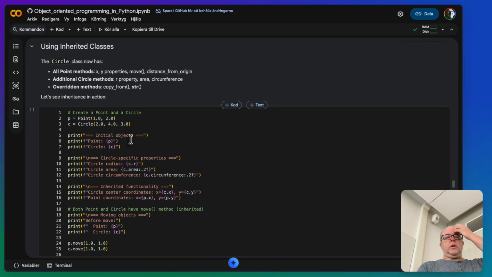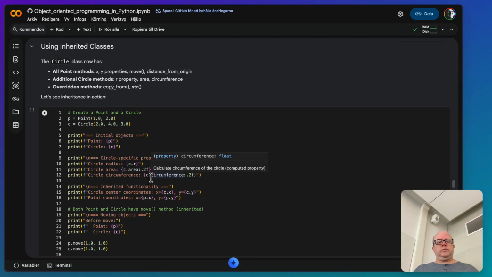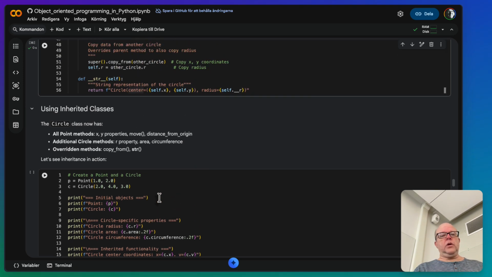So now we can use our inherited classes. We can create a point, we can create a circle. You can see here we can use them basically in the same way. Our circle now has the R property. It also has an area property. And you can see here, area here is